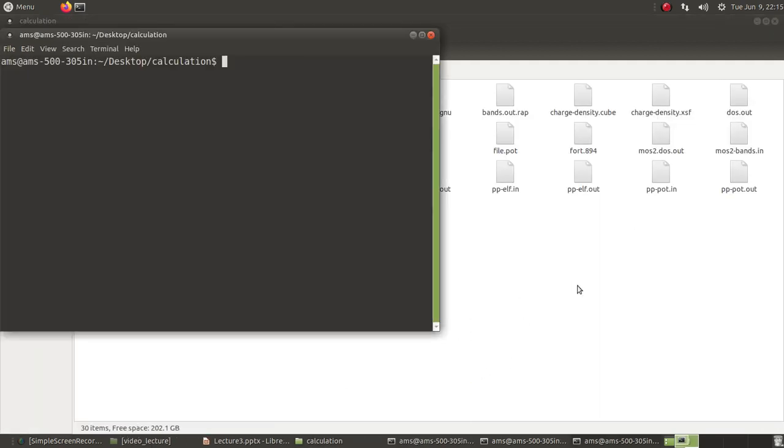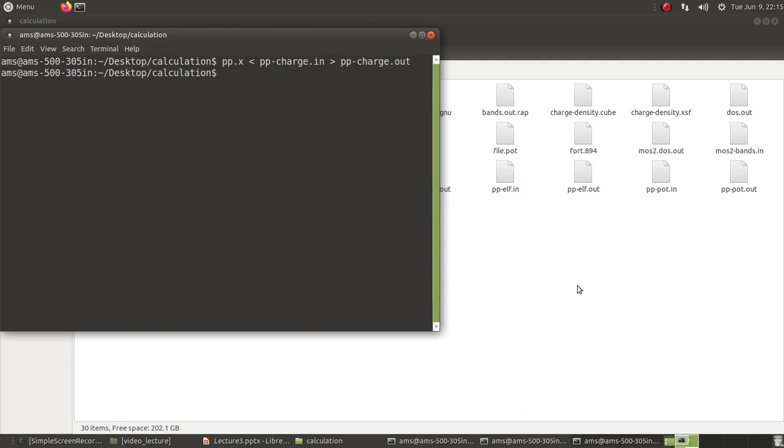we will do this pp.x, and I have named the input file pp.charge, just to know which file I am going to use for which kind of calculation. So it helps to write it like that. You can put any other name you like. So it has written this data file. Already I had these files.